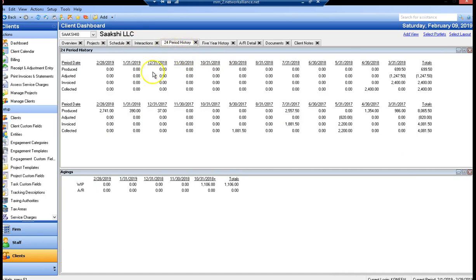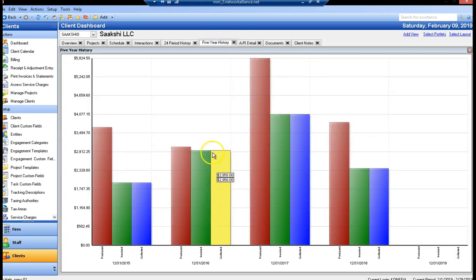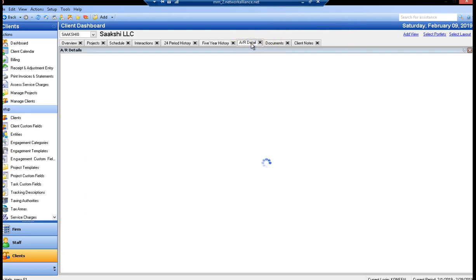Interactions, 24 period history. This is where you'll see the 24 period history of what we build out throughout the year, compared to last year. The 5-year history will give you a visual of the past 5 years of what we produced, what we invoiced, and what we collected. The AR detail, this is where you will find